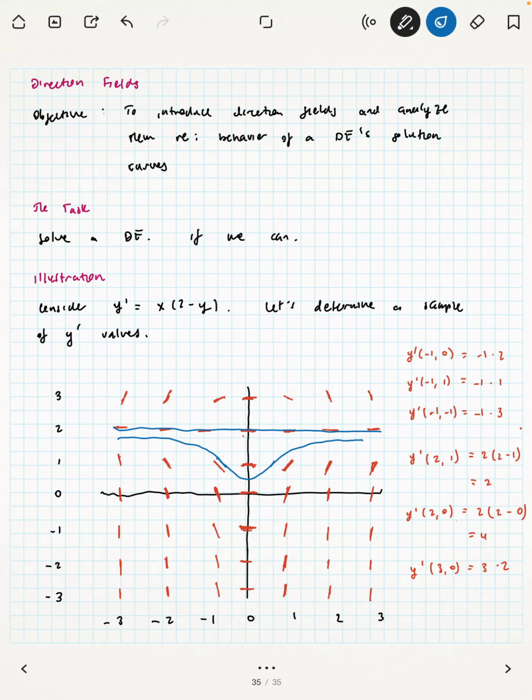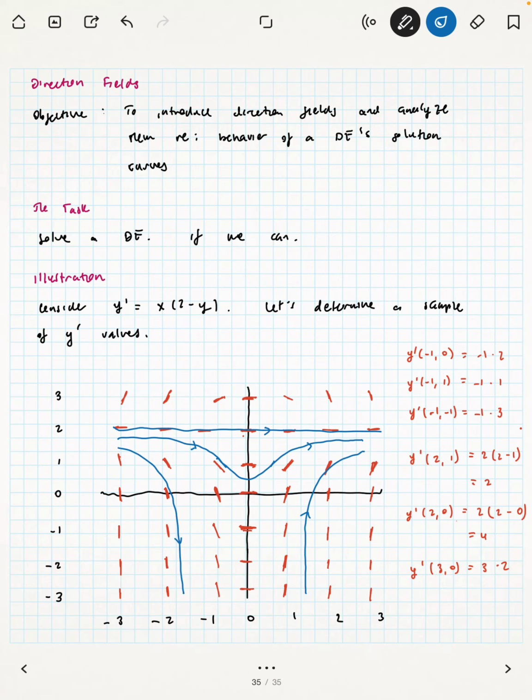Now we know that because the slope on either side of the y-axis is going to be a mirror image of each other, we're going to get nice symmetry of our solutions. So maybe it'll look something like this, and it's going to correspond to some other curve that looks like this, right? Mirror images,